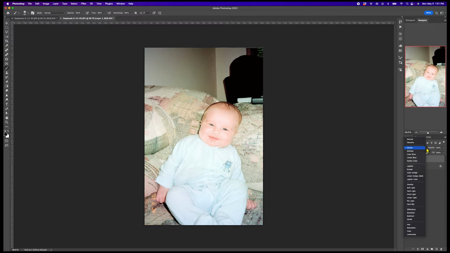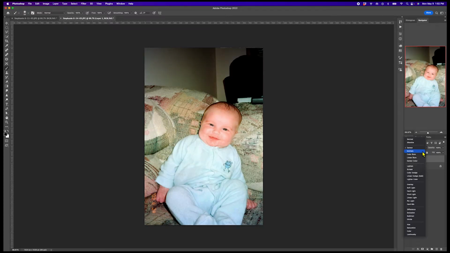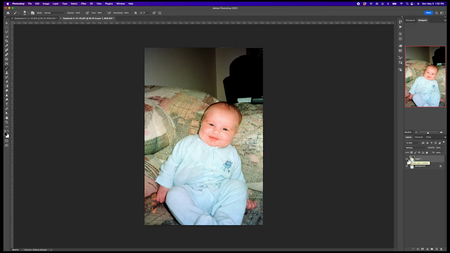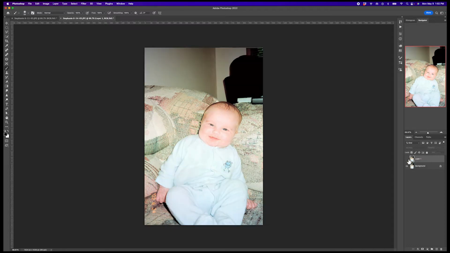Okay, so the multiply mode, which is what we're going to be using for this photo in the edit, basically does what it's called. It multiplies the darkness value between the pixels of the layers and produces a much richer or darker image between the two layers using the darker pixels. And then we'll toggle back and forth on that, and you can see that already looks a lot better. Not only can we see details, but we can see the colors that weren't there before, like the blue in the,